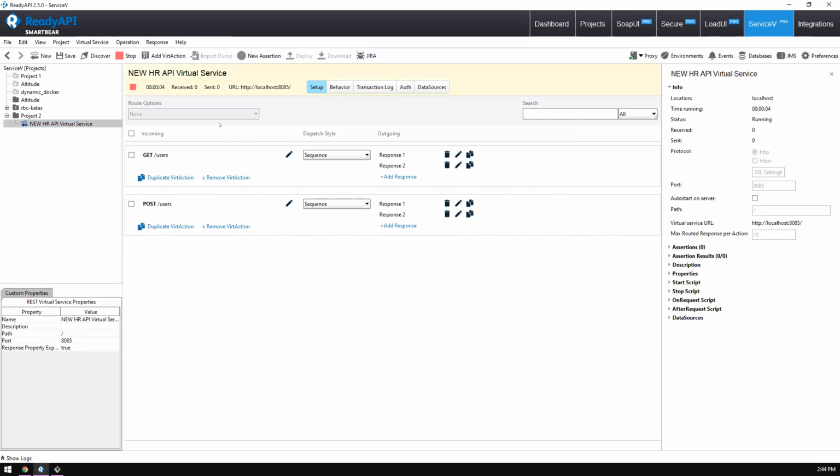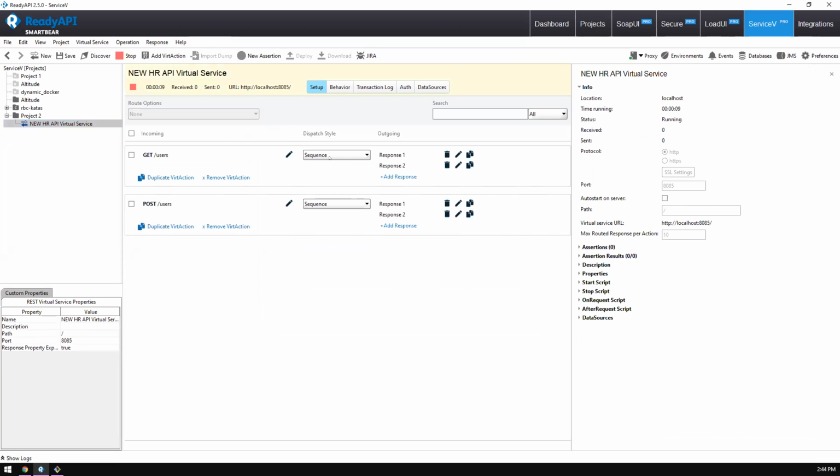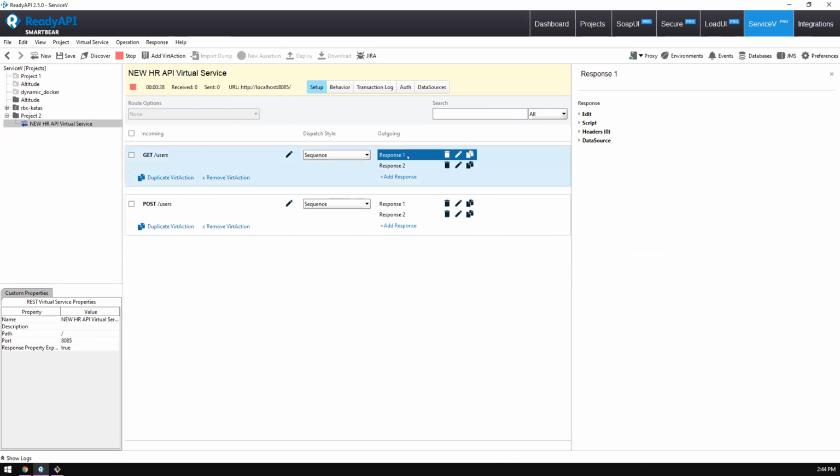Now, when we look at the tool here, there's a couple of different columns that I want to walk through. On the left-hand side is the requests that we're listening for, right? This is running, it's serving up data. These are the requests that we're going to be listening for. Anything outside of this returns, like, a 500 or something like that. On the right-hand side are our responses. And we can see that when we select the first one here,